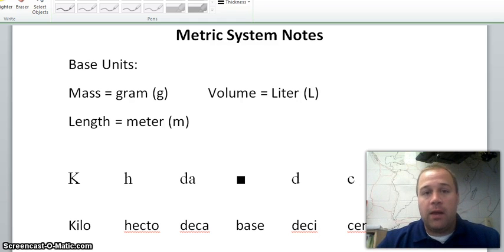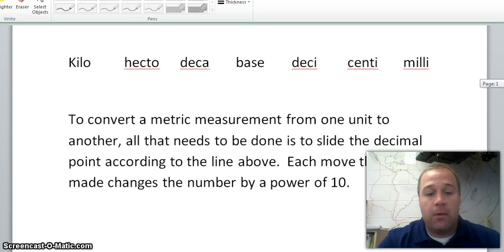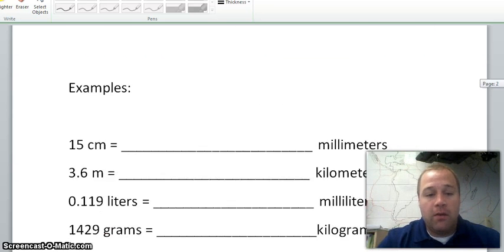Deci, centi, milli. And all we're going to do is when we do metric conversions, we're going to slide the decimal point one place to the right or left for every time we move right or left on this scale. That's because the metric system is based on powers of 10, which is what it says right here on the screen. Looking down here and doing some examples of this,